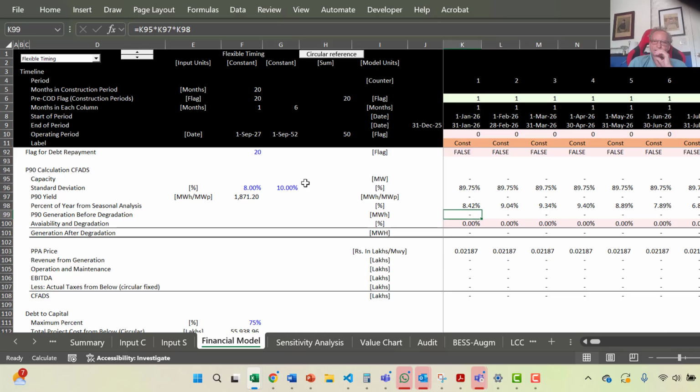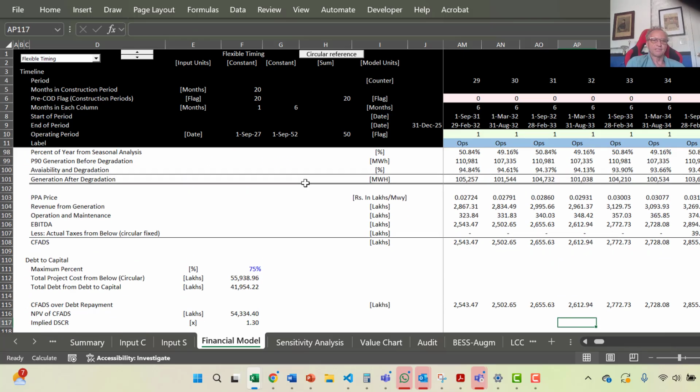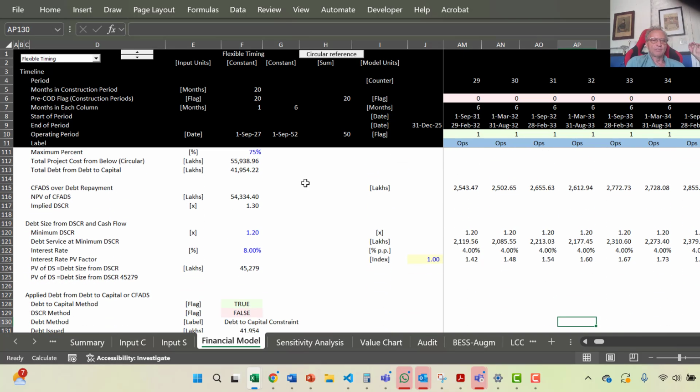P90 here. Okay. And then we get our P90 with the seasonality, and you can kind of see how I got this stuff. It was exactly the same as above. I can't see how to do this without putting a separate P90 in, if P90 drives the debt size but you want the IRR based on the P50. And then we go down and look at our target